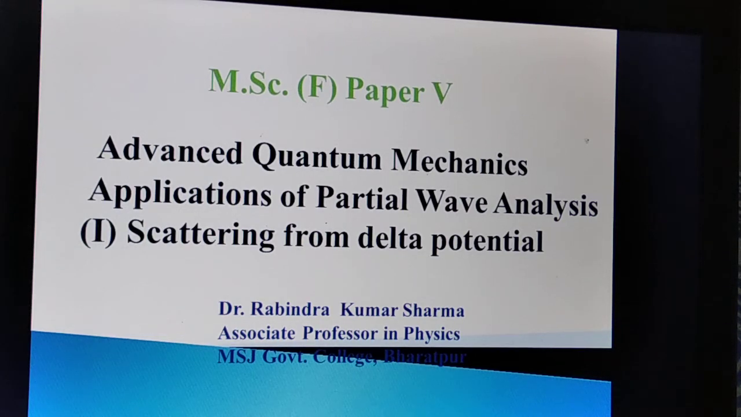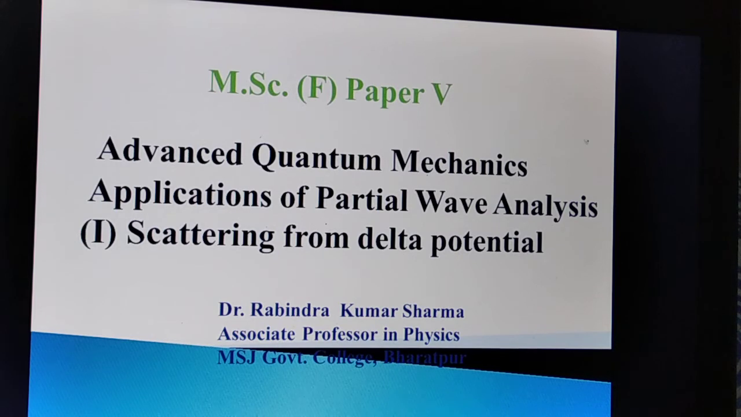डियर स्टूडेंट्स, पिछले लेक्चर में हम लोग पार्शियल वेव एनालिसिस के बारे में पढ़ चुके हैं, जिसमें हमने ये बताया था आपको कि पार्शियल वेव एनालिसिस लो एनर्जी की स्कैटरिंग के लिए यूज किया जाता है। पार्शियल वेव एनालिसिस से हम डिफरेंशियल स्कैटरिंग, क्रॉस सेक्शन, स्कैटरिंग एम्पलीट्यूड इत्यादि ज्ञात कर चुके हैं। आज के लेक्चर से हम पार्शियल वेव एनालिसिस के एप्लीकेशंस के बारे में स्टडी करेंगे, जिसमें पहला एप्लीकेशन है स्कैटरिंग फ्रॉम डेल्टा पोटेंशियल।